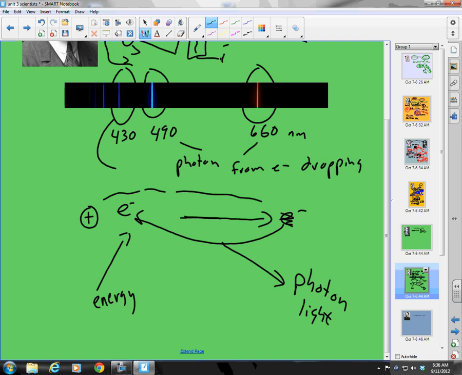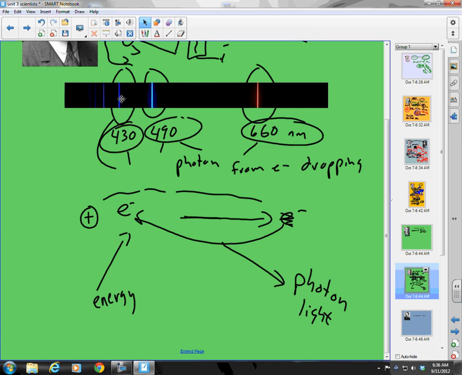But the question is, why were they always the same energies? In this case, wavelength, but wavelength is related to energy, right? So why was this always 430 nanometers? Why was that always 490 nanometers? And why was that always 660 nanometers of wavelength? And he comes up with this idea. So let's erase some of this. He says,